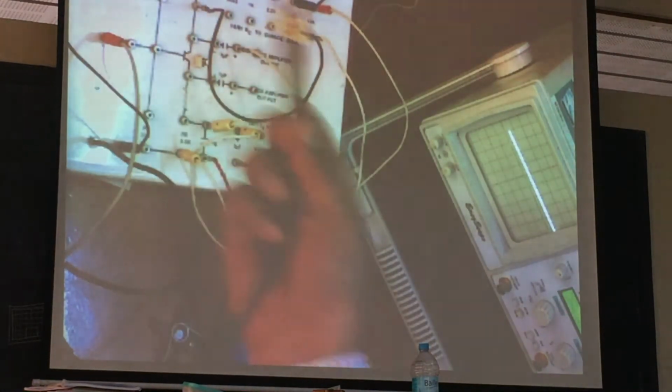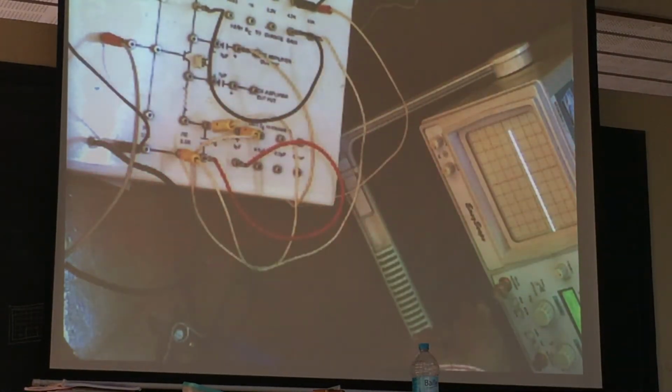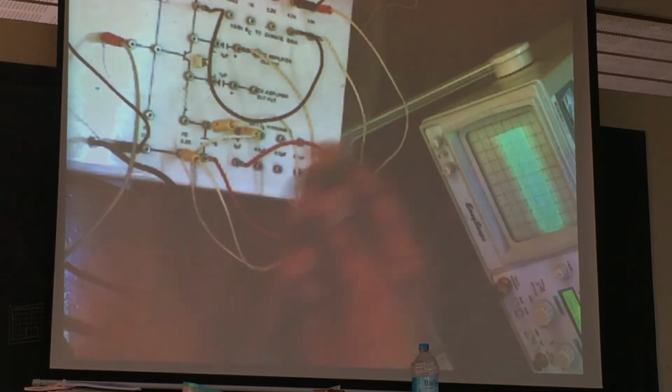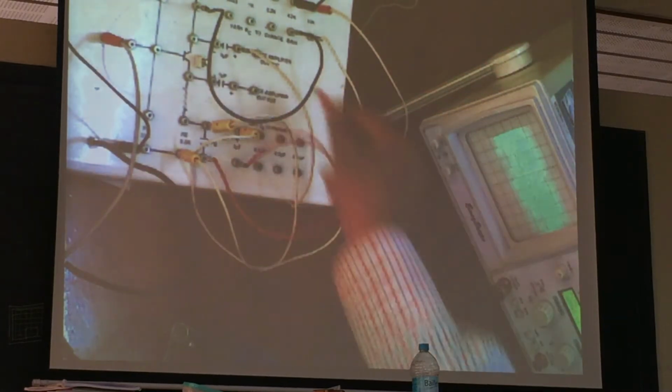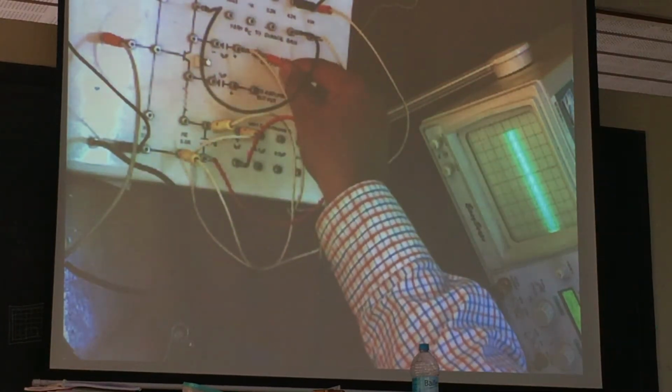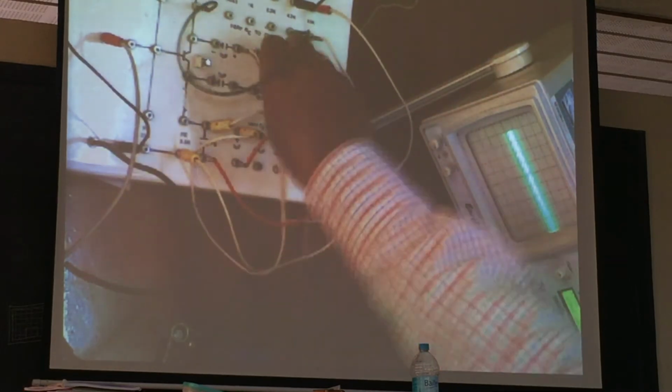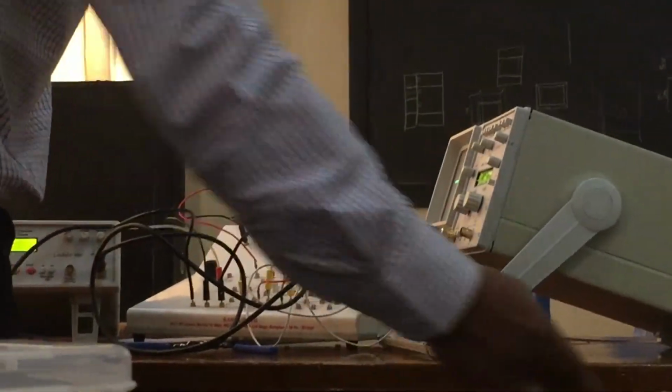Another CRO probe you have taken. Give to your channel 1. I am connecting to channel 1. You can see there. This is the channel 1. Red probe. Where should we give red now? Collector. After the load resistor, to the collector we have to give. This is the point. Then black should be given to ground. Over.